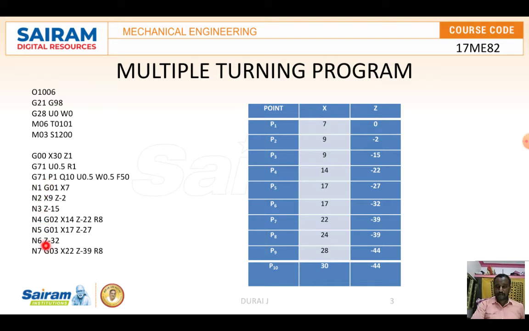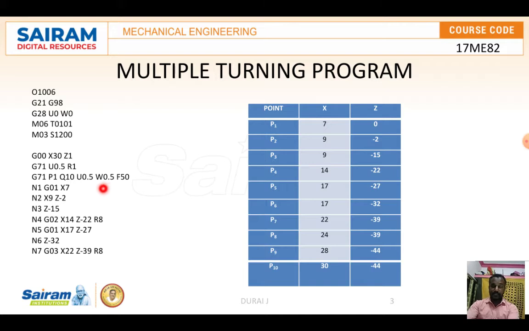The block number we are supposed to give at the start, but sometimes we get confused over here. So whatever the block number is, that value exactly you are supposed to write over here. Otherwise, the block number I am going to give here, it will be easy to take P1. And Q we are not supposed to give over here, but once after writing all the program we can give the Q value. And U is the finishing allowance on the X-axis, W is the finishing allowance on the Z-axis.